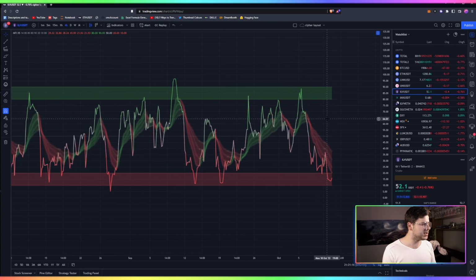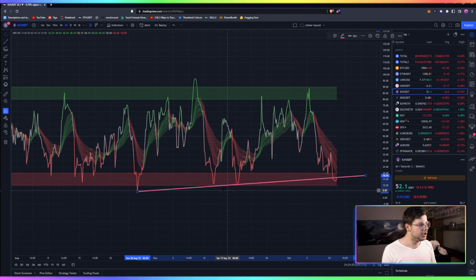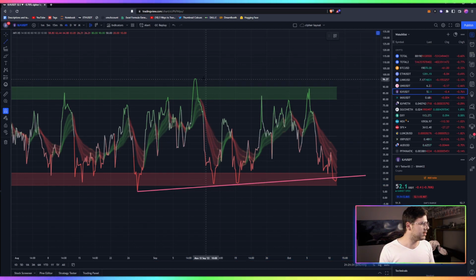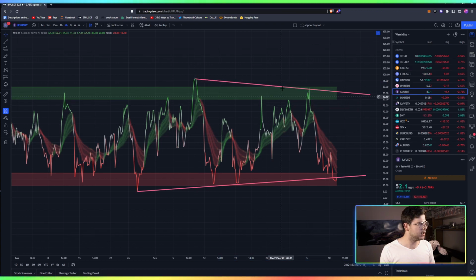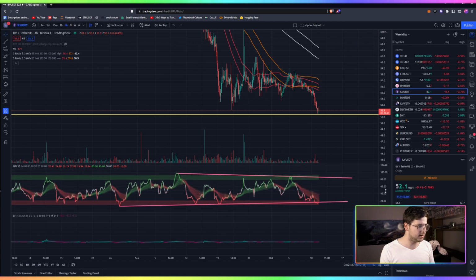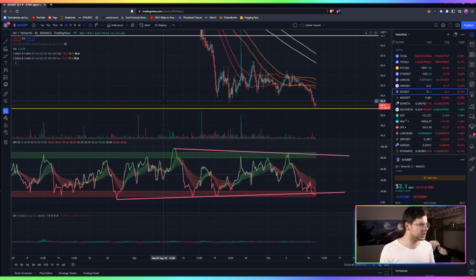Now, essentially what this is telling us right now is that the volume is slowly increasing. You can see, if I put a little trend line here, you can see that it is trending upwards very slowly, but it is trending upwards. And you can see here that it was trending downwards, right? So if we go back and look at this in the context of the chart again, I'll bring this up a bit. If we look at this in the context of the chart,